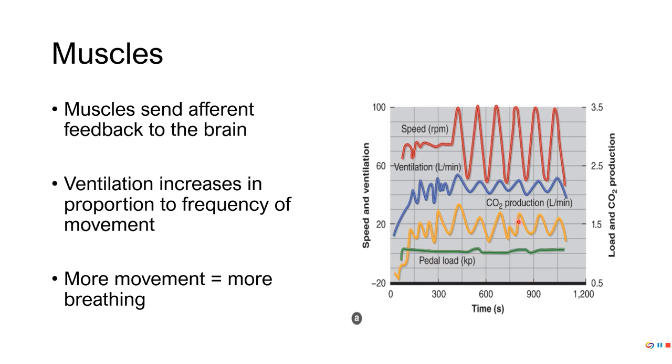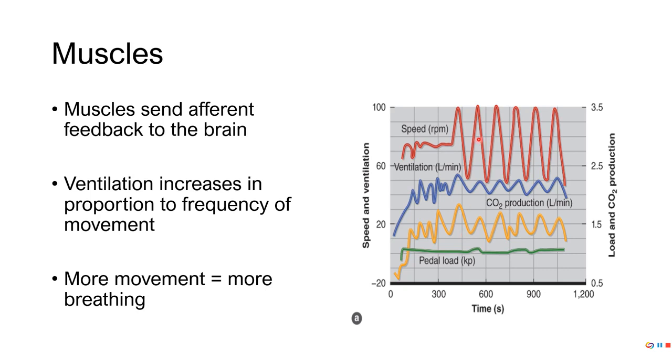Okay, we've got how much CO2 is being produced. We've got the ventilation, and then we've got RPM. Okay, the greater the RPM, just think more movement. Okay, but the load is constant. All right, so it doesn't matter how fast they're pedaling or how slow. Every minute they're pedaling, they're going essentially the same distance or producing the same amount of work. Well, notice what happens to ventilation